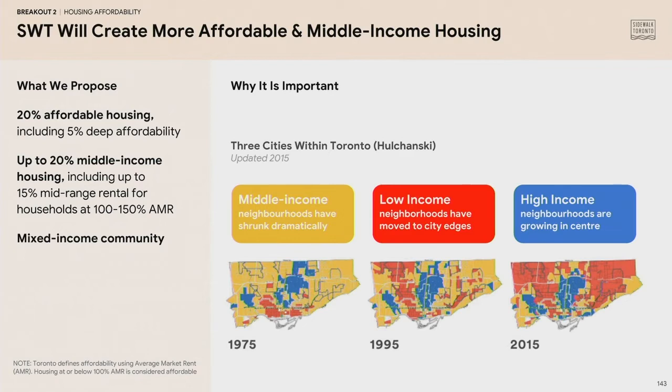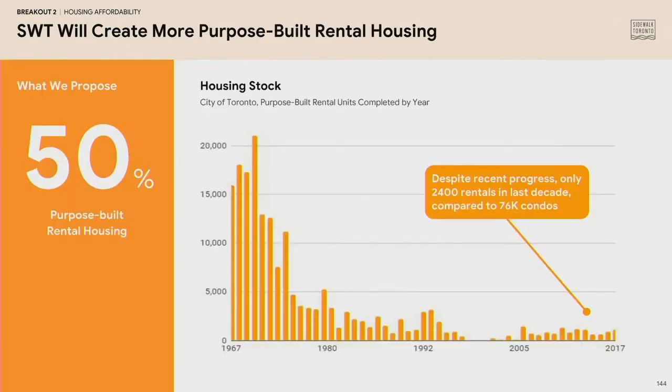And then importantly, we are providing this middle-income tranche at 20% of our overall program, to accommodate those Torontonians who aren't accounted for under the current definition of affordability in Toronto, but for whom there is no affordable place to live in the city. This is the beginning of how we've started to build a foundation to ultimately achieve our mixed-income community. I'm going to hand the presentation over to Annie Koo, my colleague, who will take you through what we propose.